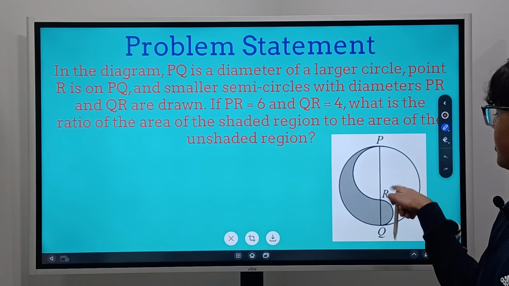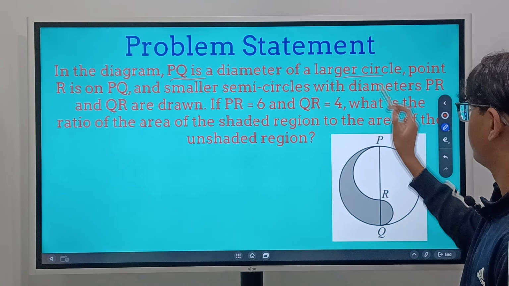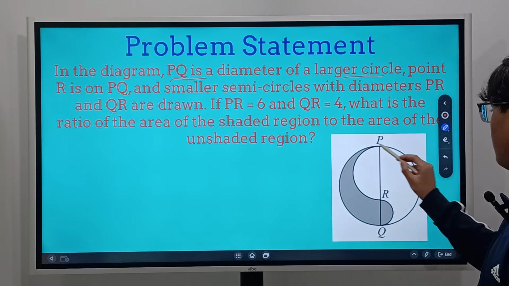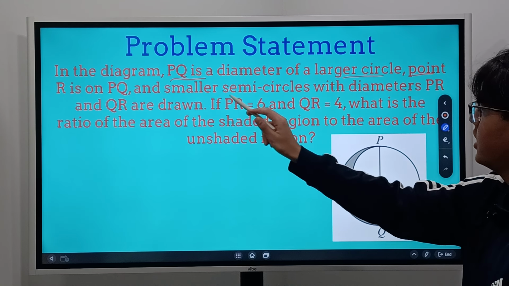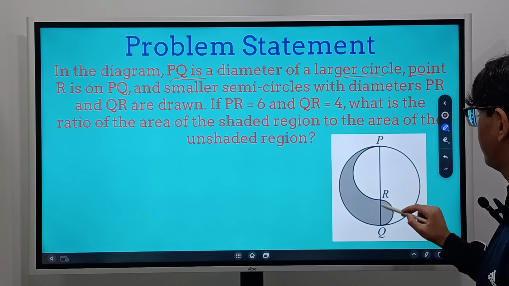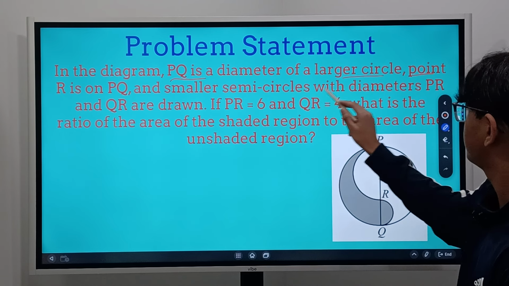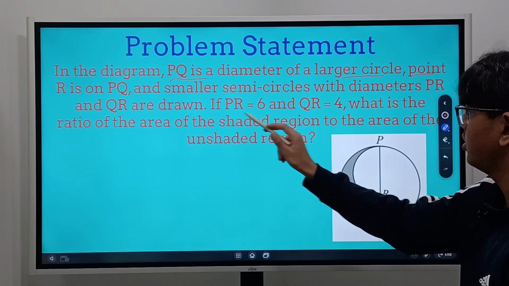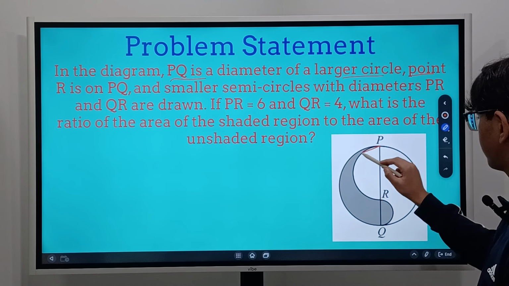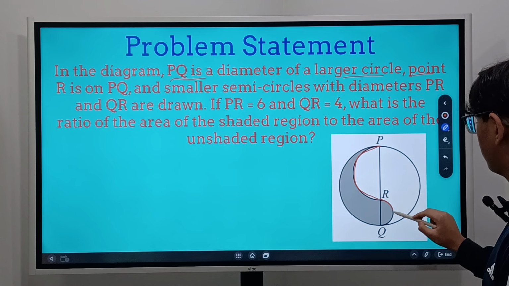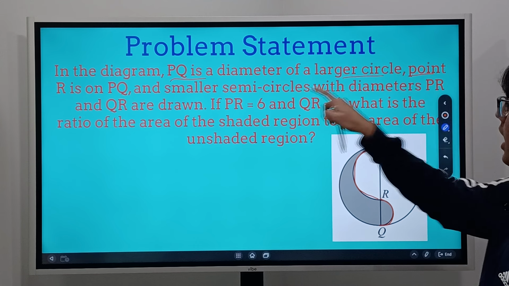In the diagram, PQ is the diameter of a larger circle. We can see here that PQ is the diameter of this large circle. And point R is on PQ. So the point R is on the line PQ. And smaller semicircles with diameters PR and QR are drawn. We can see that there are more semicircles. There's one semicircle here, and there's one over here, and these two have diameters PR and also